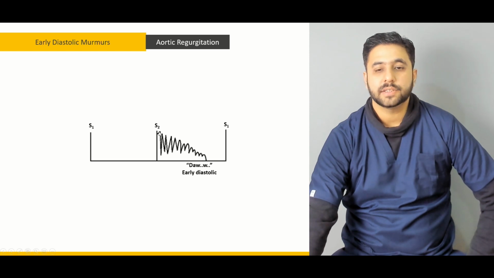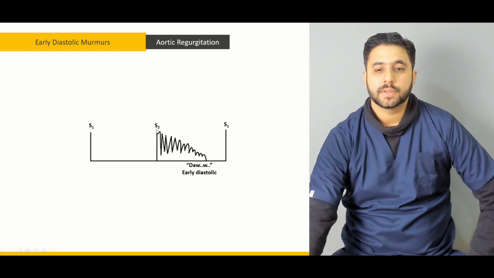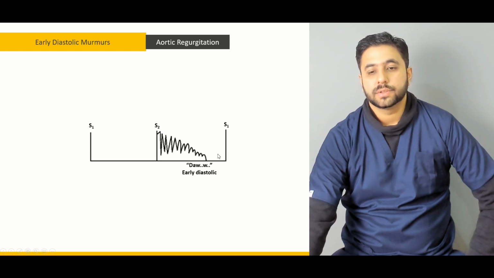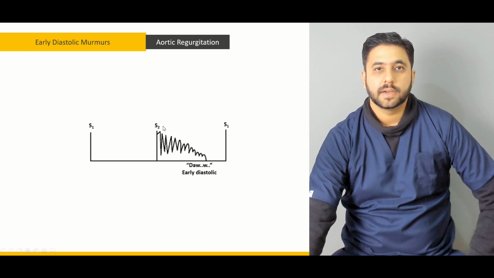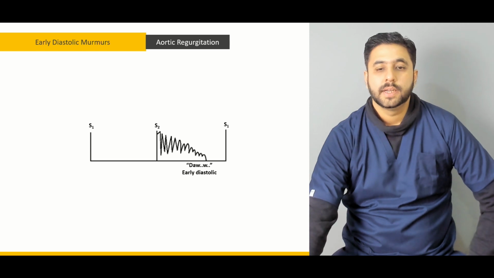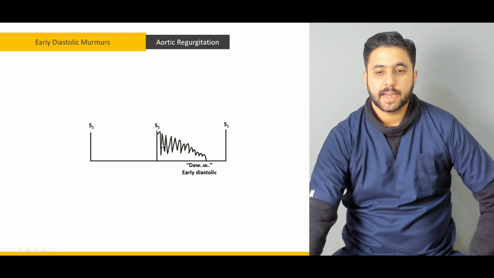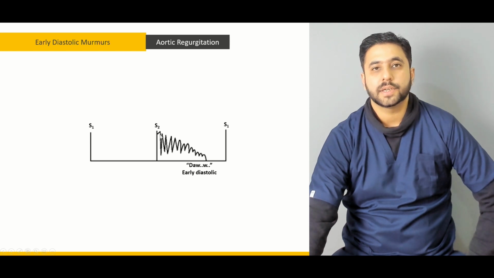It is a decrescendo murmur, a murmur which is at its maximum amplitude right after the second heart sound, and as we go through diastole, it goes down. This is because the pressure gradient is greatest at the time of the second heart sound, when the aortic valve should be closed. At this time, there is the greatest pressure gradient between the ventricle and the aorta. As diastole progressively continues, the pressure gradient starts decreasing,